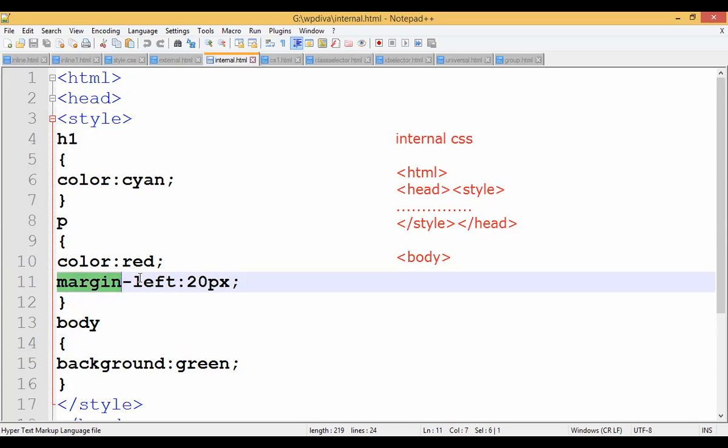I am setting the margin, and which margin am I going to set? I am going to set the left margin, guys. Is it clear? So I want to set the left margin, and that too 20 pixels. If I want to set it at right, I can take margin right. There is no need to set the margin at center, right? So margin left and margin right you can take. All right. Then you need to close this P tag.